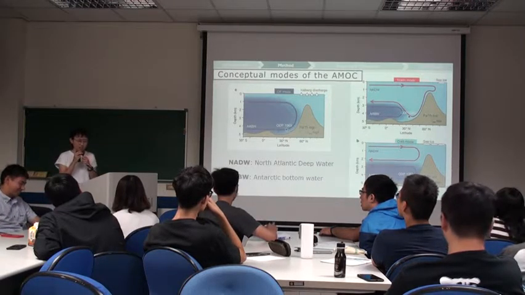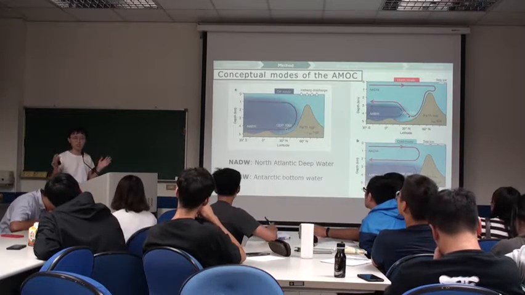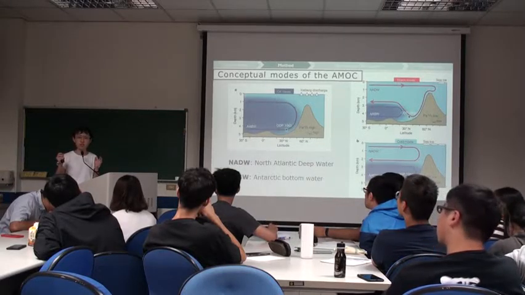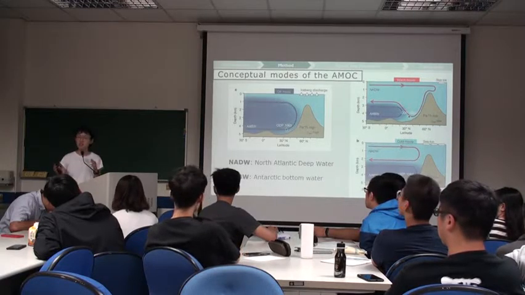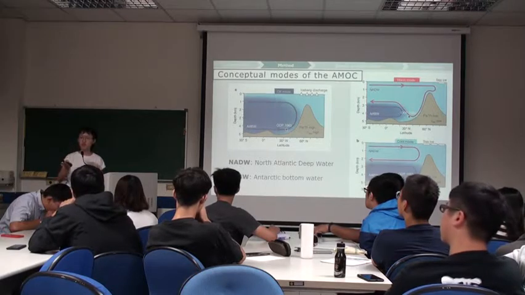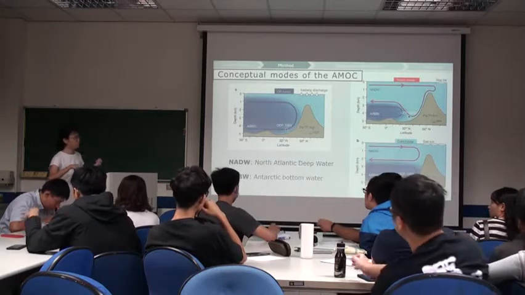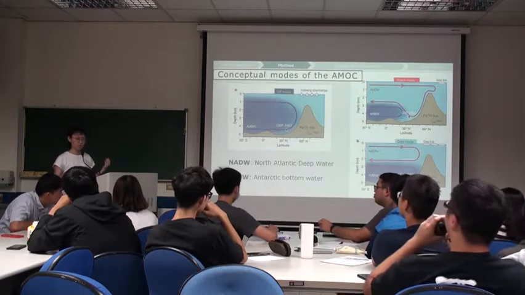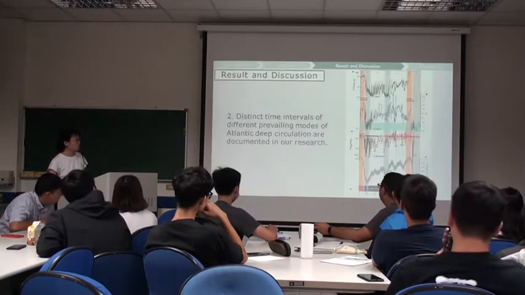I think this research is about a very large time scale, and your question is about the future of several years. So I think this research cannot answer your question. But I think now we are maybe in the warm mode, and the conclusion says